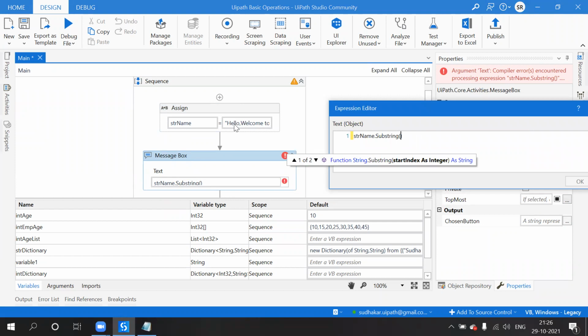So substring is nothing but extracting some portion of text from the main string. Substring of, so if I give 6, I am giving 6 letters.